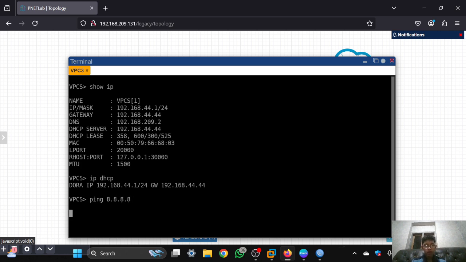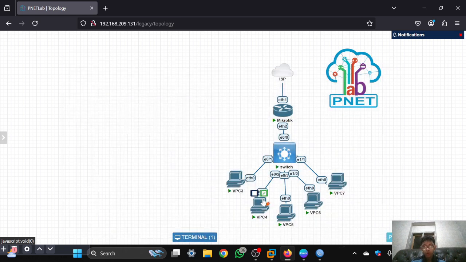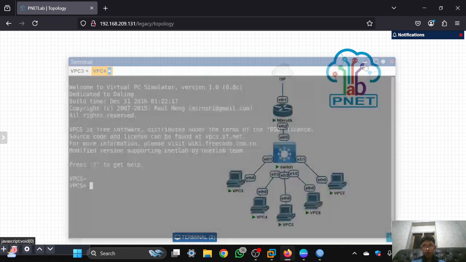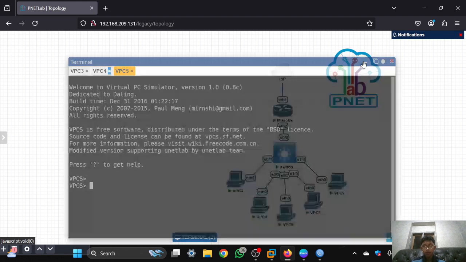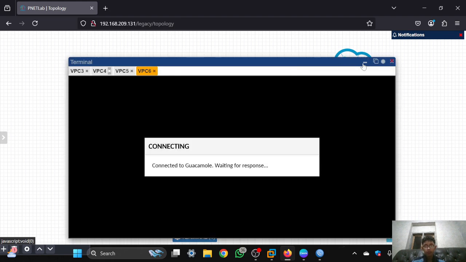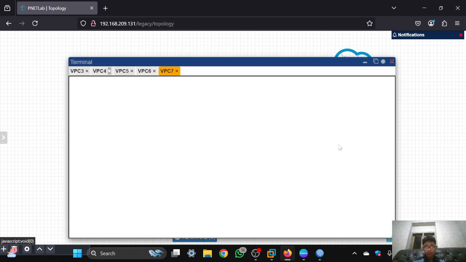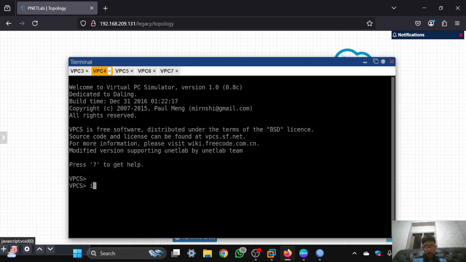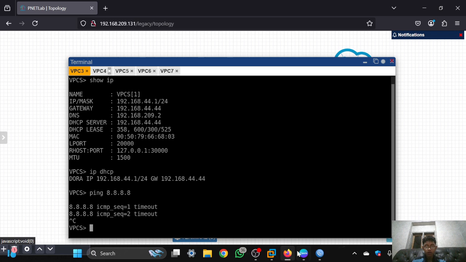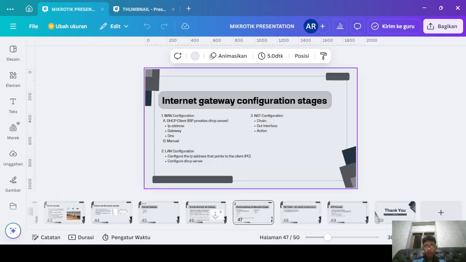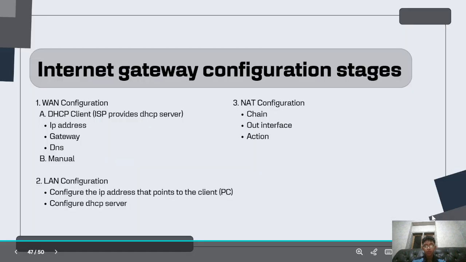I will try, it will time out, and I will configure it on all of the PCs. IP DHCP, enter. Do this to all the PCs. After this, the DHCP server has been configured.